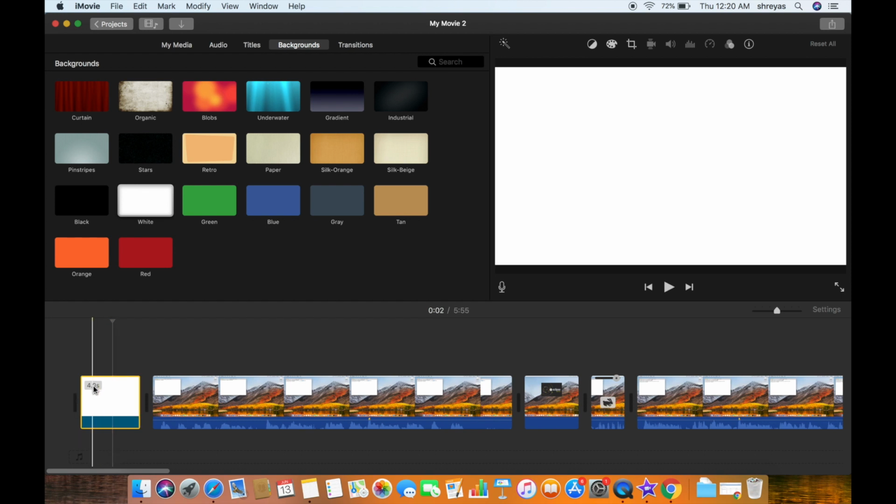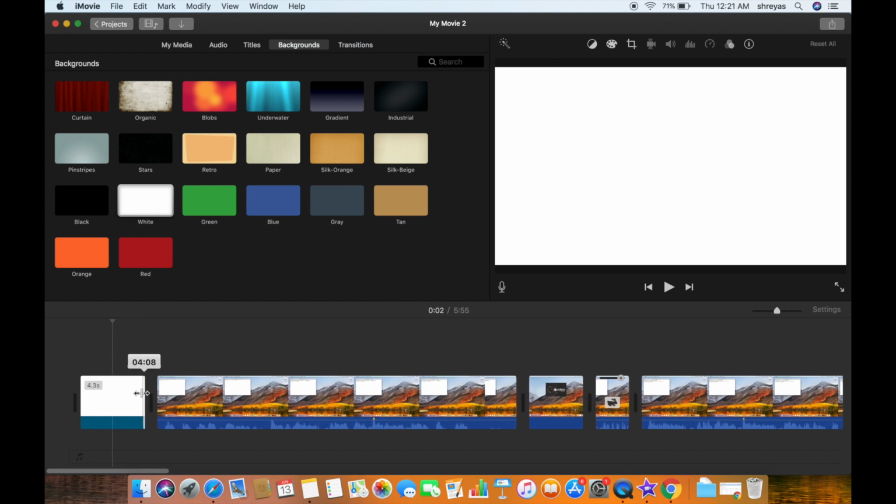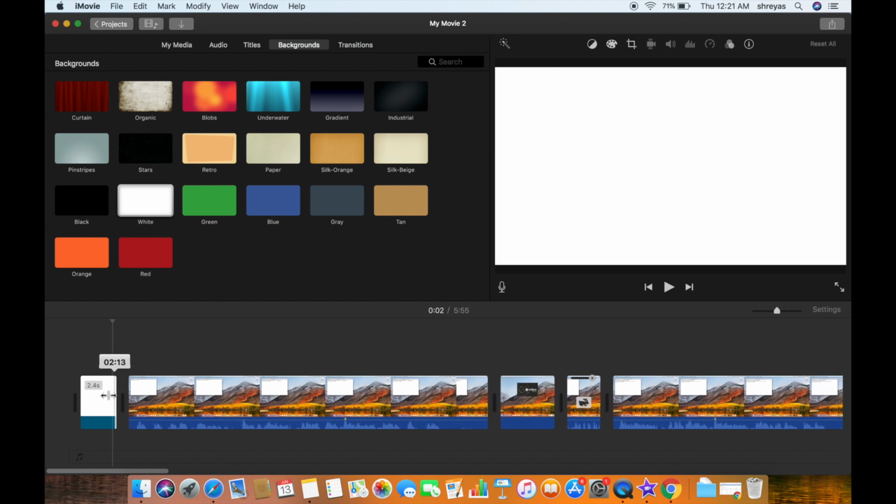Now we can control the playback time of each and every video clip. All we got to do is come to the corner of the video clip and press on it and drag it left or right to increase or decrease the playback time. Let me decrease the playback time to just 2 seconds, and you'll notice that if I come to the start